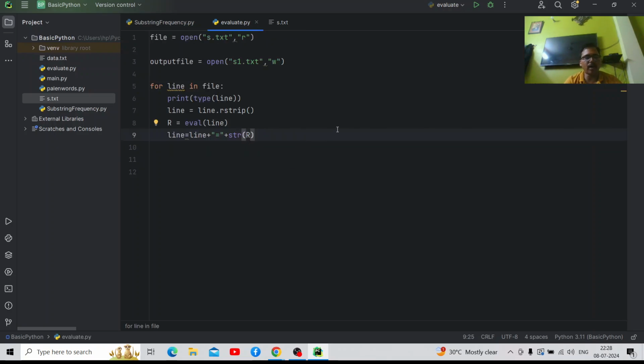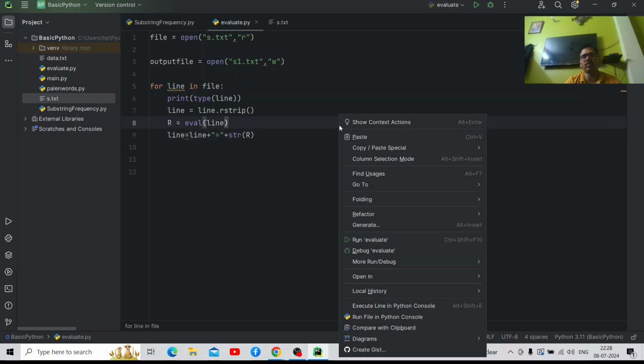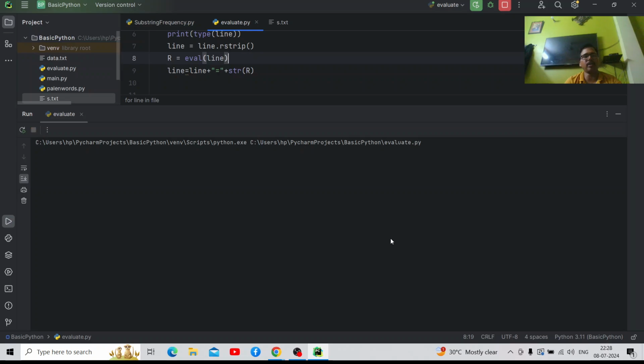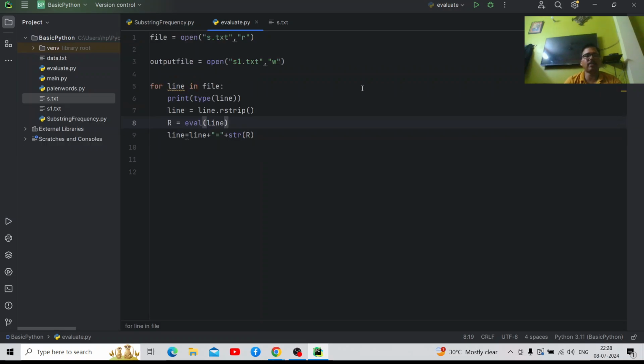Now if I run this code, you will see class str three times, because there were 3 lines in this file s.txt. ये टाइप फंक्शन जो है वो आपको बताता है कि वेरिएबल का टाइप क्या है.